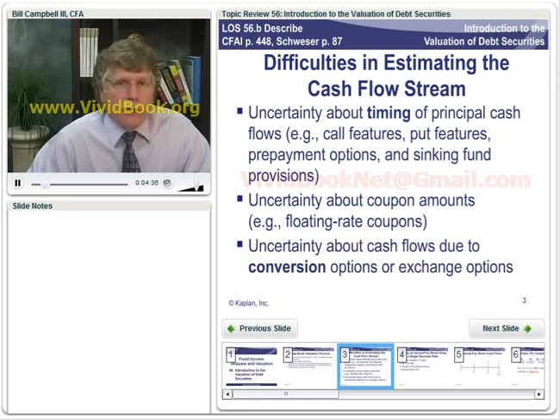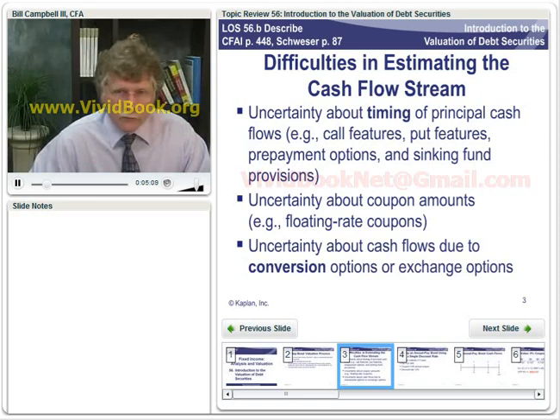Similarly, if you had an investment in a TIPS, Treasury Inflation Protected Security, where the face value of the security will increase as the consumer price index goes up. So it increases with inflation. That increase in the face value causes not only an increase in the amount that gets paid off at the end, but also an increase in the coupon payments, because the coupons are a fixed percentage of that changing par